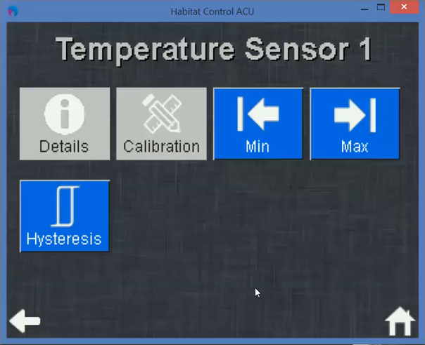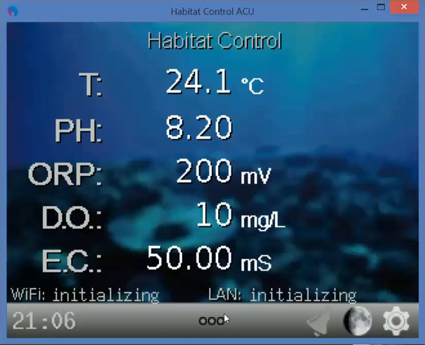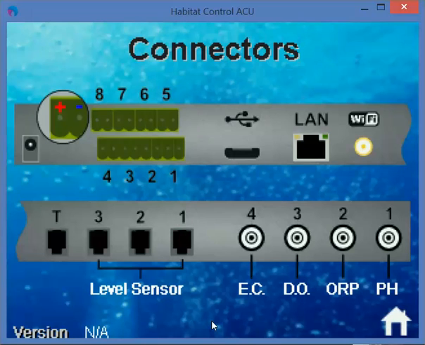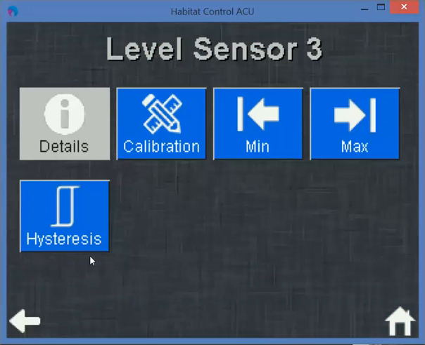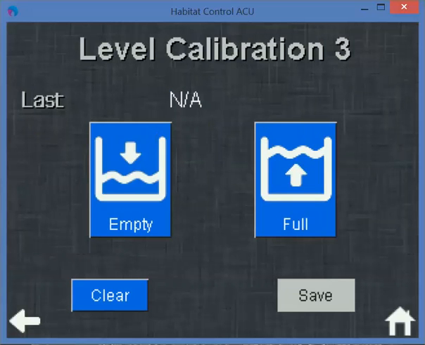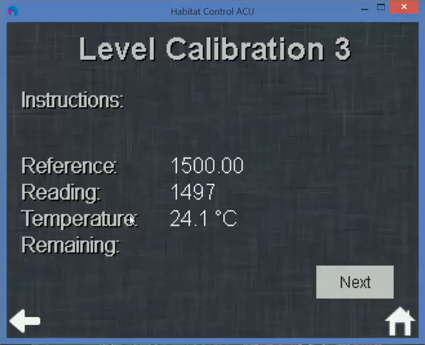Now we can move on with the configuration of the next sensor. We will go back to the home screen, go into the connectors overview, and we can now start to configure the level sensors. For example, level sensor 3. First of all, you need to calibrate the level sensor. Therefore, click on Calibration, click on Empty,